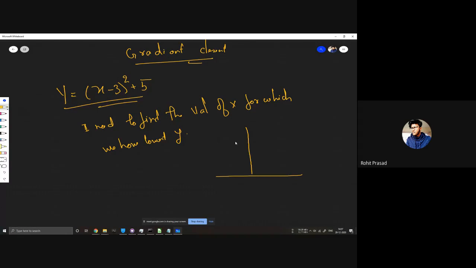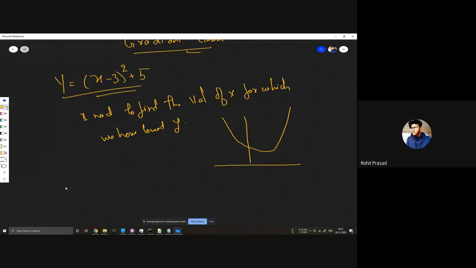Just plot the graph. It will be something like x minus 3 is 0, something like here, and it should be something like that, right? So you can do this. But let's say we have a formula like y is equal to (x1 minus 3) whole square plus x2 plus something, and it's of dimension n.